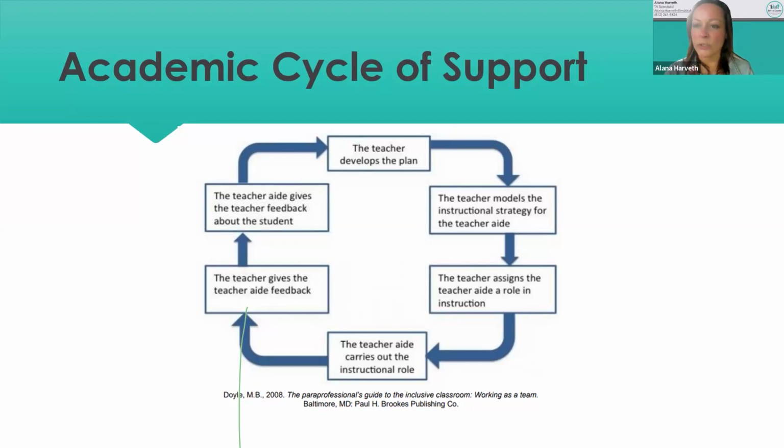Do you want to add anything, Katie? I know you're unmuted. I wasn't sure. Nope, I was trying to stay muted. I am so sorry. Oh, no, you're fine. That's how I know sometimes when you need to add. And if anybody needs to ask a question or throw something in the chat, please do.